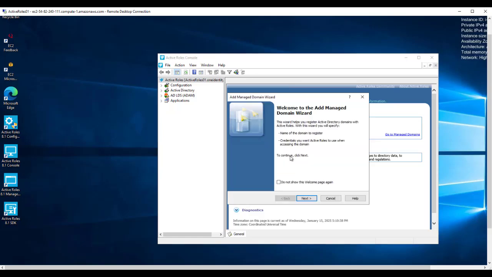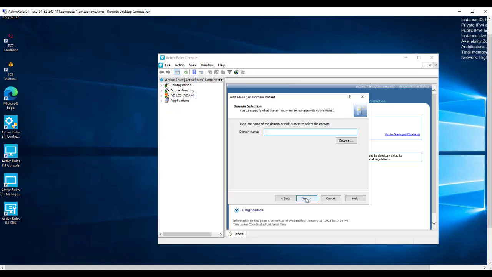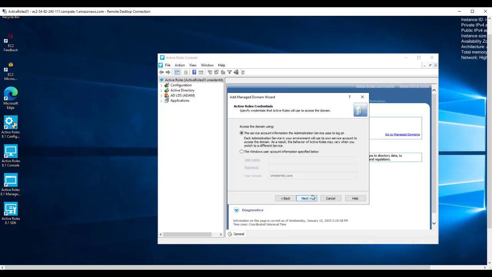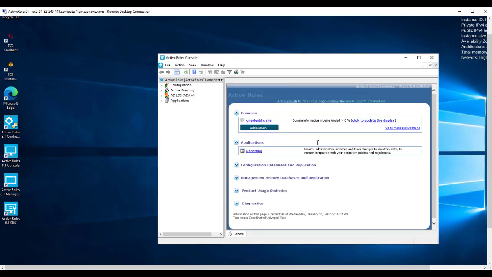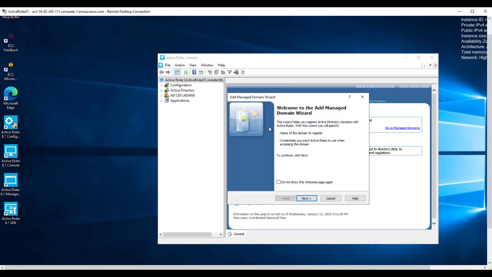We will add 2 managed domains. The first managed domain will be the AWS managed Microsoft AD domain that this server is joined to. The service account's already been pre-permissioned, so it has all the necessary permissions to talk to this domain. The next domain that'll be added here will be the on-premise AD domain for your environment.